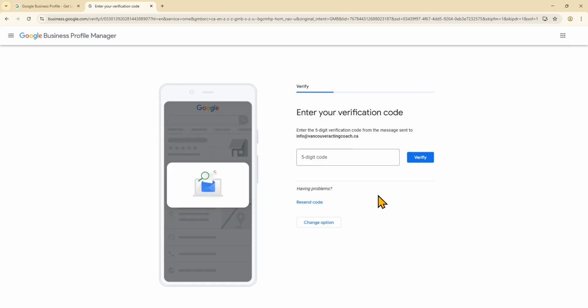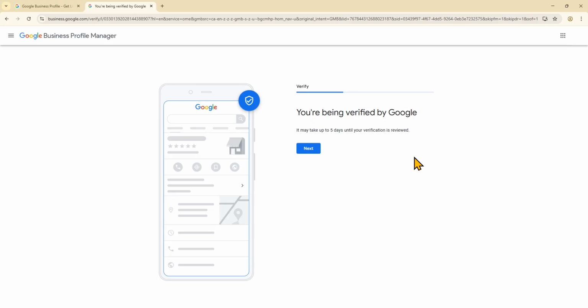They may also verify your account by sending a code to your email address. It may take a few days for Google to verify your account.